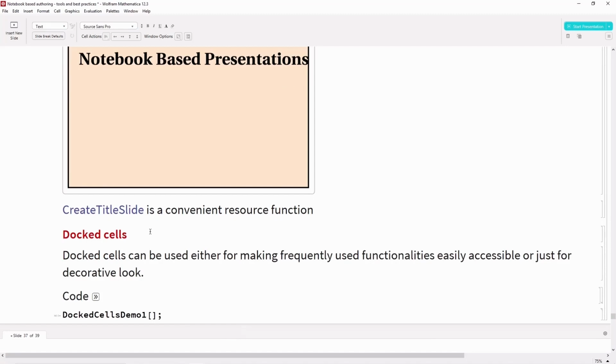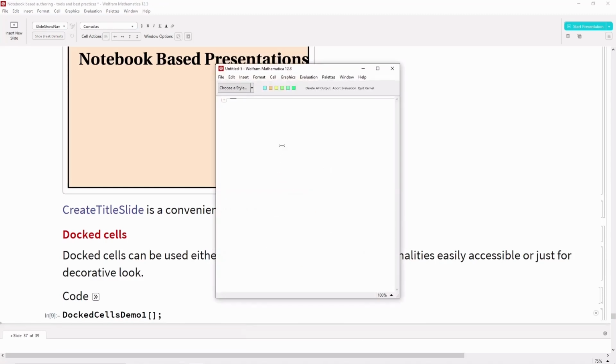If you are doing certain operations during the presentation again and again, then you can create a doc cell for such purposes. So here is an example of how you can set up your doc cell for a particular notebook.